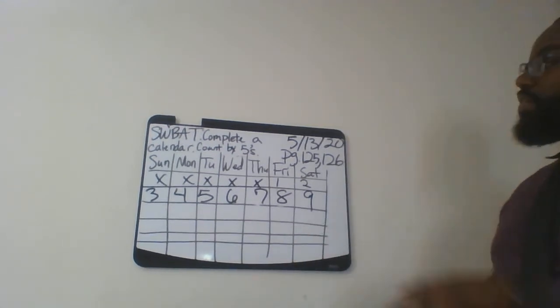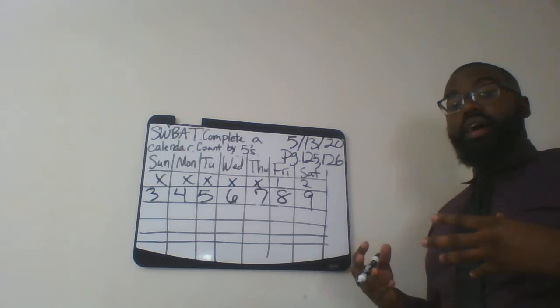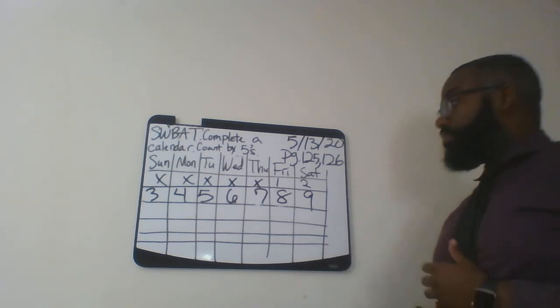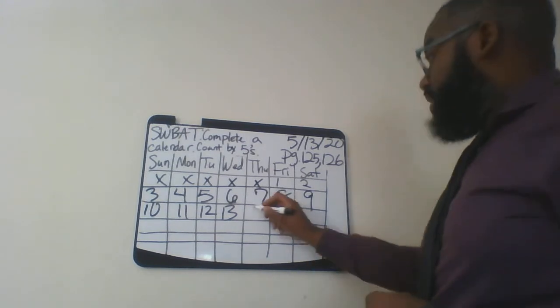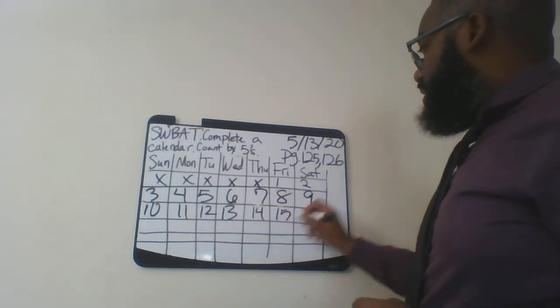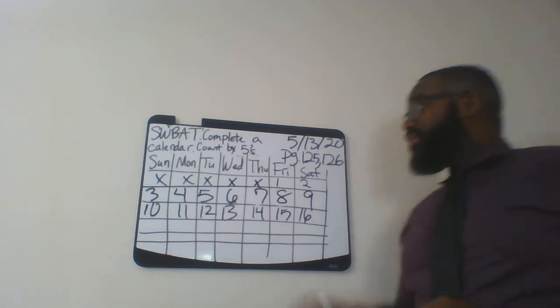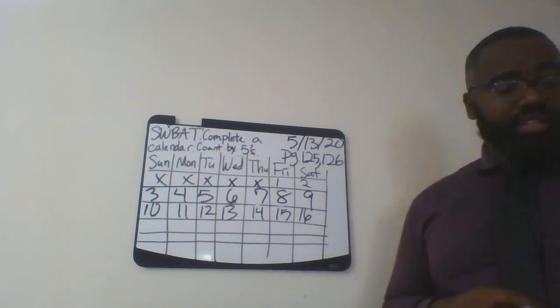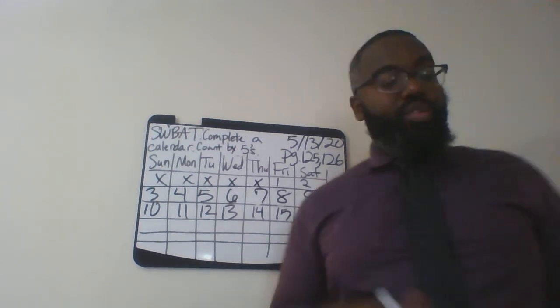Alright, so here we have 1 through 9, and we're just simply counting up to 30, okay? So I'm going to do 3 numbers in the next row together. 10, 11, 12, 13. So I have 13 up here. 14, 15, 16. I'm going to stop at 16, okay? So you're simply just filling this calendar up to the number 30, okay? Now let's flip the page over